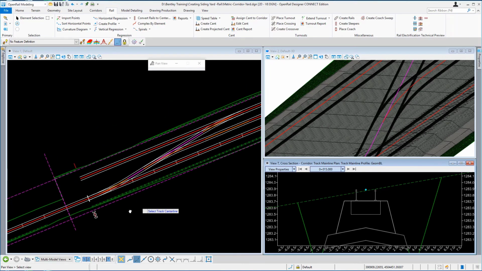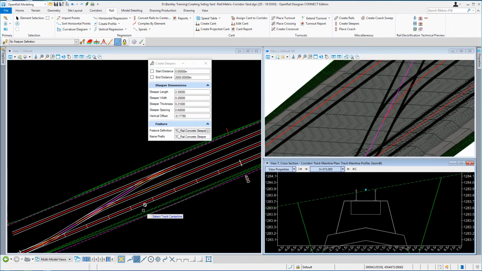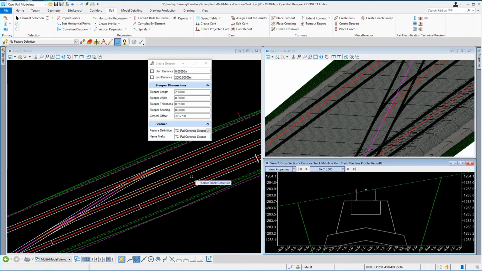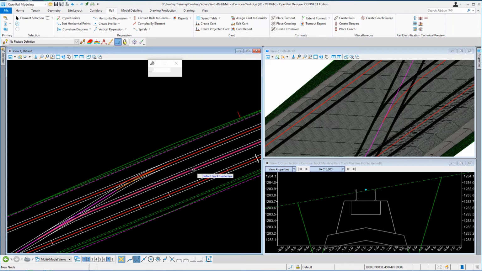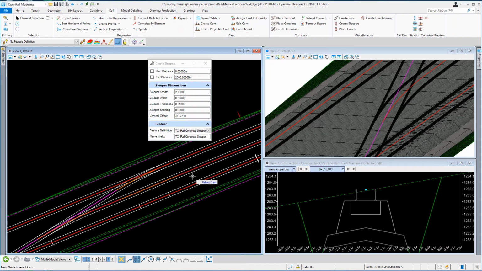I need to do the same for track A, track B, and the crossover. So it's just following the same steps that we did before. So just locate the track center line, reset for the cant, Alt, lock it to the start, Alt to lock it to the end,